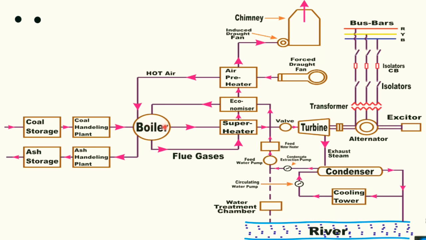That wet steam is fed to the superheaters. What is the function of the superheater? As the name says, the superheater is meant for superheating the steam. From wet steam it makes superheated steam, which is in completely gaseous form, with no trace of water or any water droplet in it. The boiler of a thermal power plant is rated at a pressure of more than 200 bars. Since it has very high pressure, the steam is fed through the valve to the turbine.